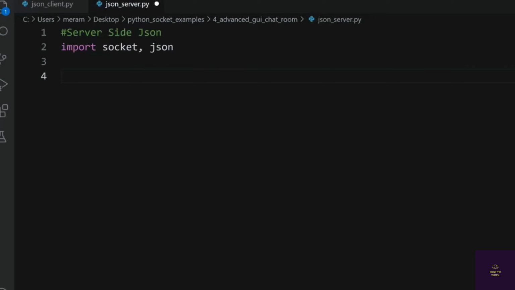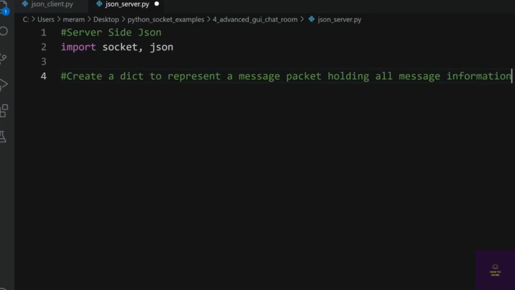So let's head to the server file here, and let's create a dictionary. So we'll say create a dict to represent, maybe a message packet holding all message information. So we're just thinking about what this might look like in application to our chat room. So here we'll say message packet is equal to, so we'll have a dictionary, and we'll put a